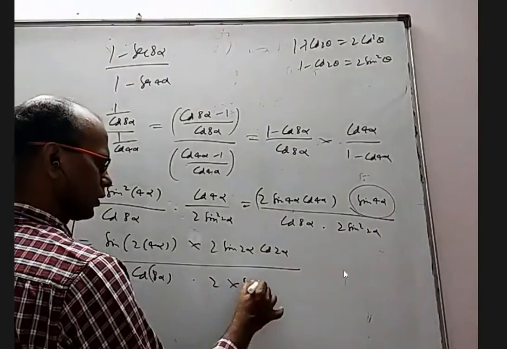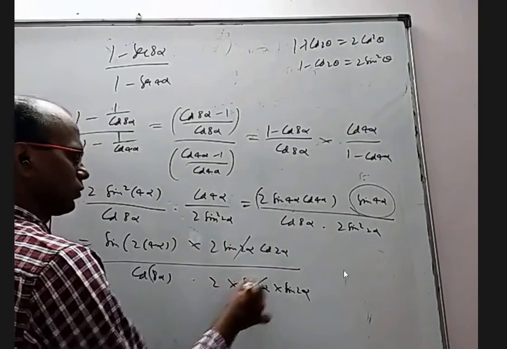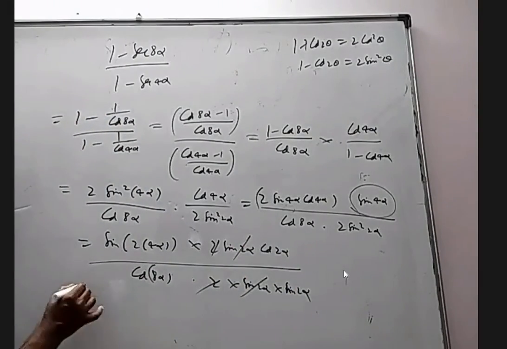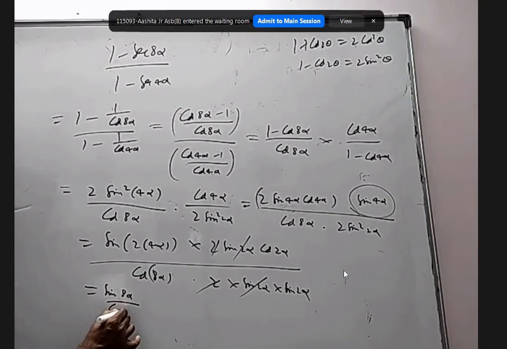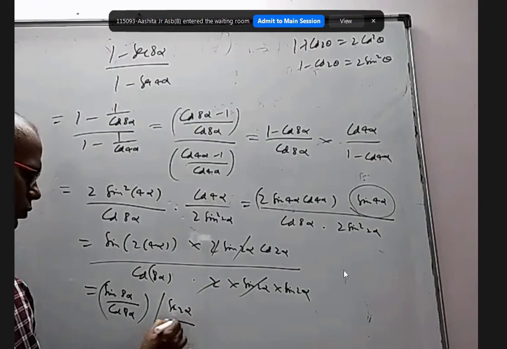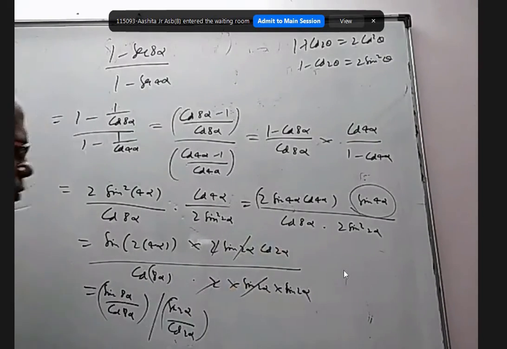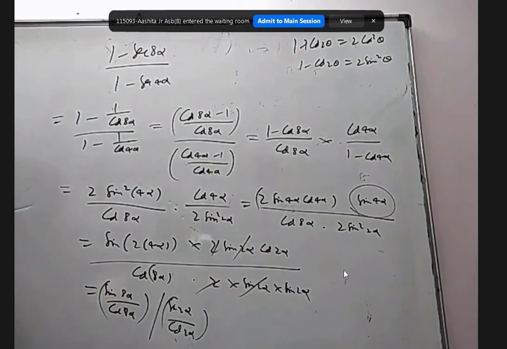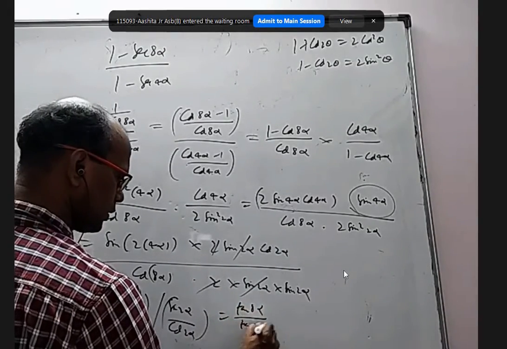square 2 alpha. I can write sin 2 alpha into sin 2 alpha. Sin 2 alpha will cancel, 2 will cancel. This is sin 8 alpha and down cos 8 alpha. Coming to this, it is sin 2 alpha and this down cos 2 alpha. I just brought this one to the denominator of this. This is tan 8 alpha and this is tan 2 alpha. So we'll get tan 8 alpha by tan 2 alpha.